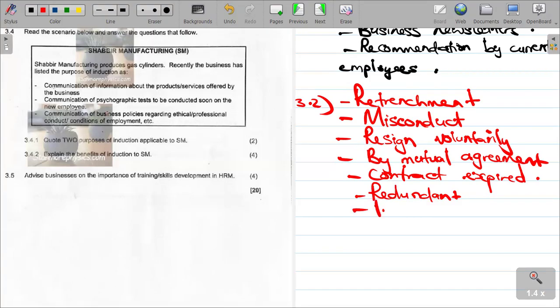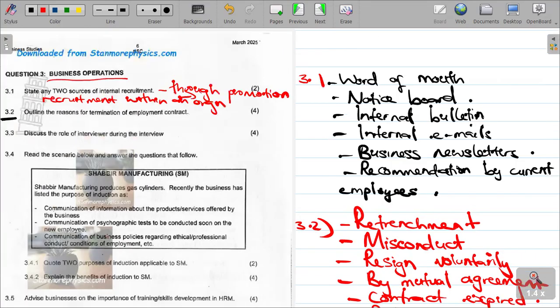It might be due to incapability, whereby the employee is no longer capable, due to maybe sickness or illness. It might be due to death, when an employer dies. The contract will be terminated with immediate effect. So let's move on to question